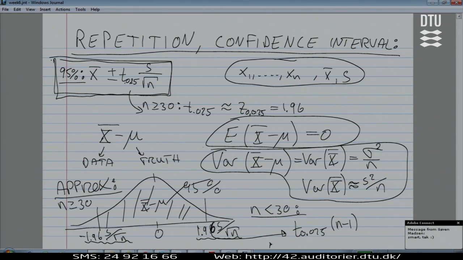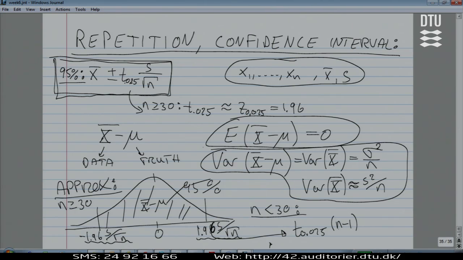It's an important tool. The confidence interval, if I may, by the end of today and by the beginning of next time, I'll do another repeat of the confidence interval, but I will then link it to what we're going to learn today, which will give us yet a new and maybe the best way of understanding and thinking of the confidence interval, so you can look forward to that.